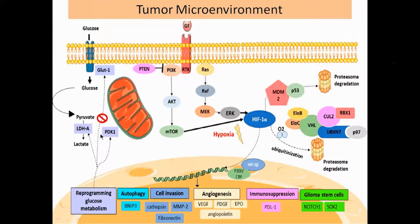This lactate formation is again a driver of so many things. It creates an acidic milieu, and it further creates the hypoxic environment and acidic milieu. All these factors lead to a further increase in HIF-1 alpha. Then it increases the autophagy of the cell. It increases the invasiveness of the tumor by altering the extracellular matrix protein. It increases the angiogenesis by producing the pro-angiogenic factors like VEGF, PDGF, erythropoietin and angiopoietin. And it creates a